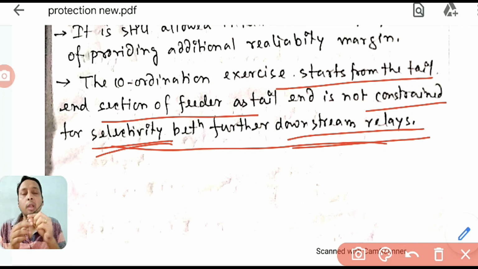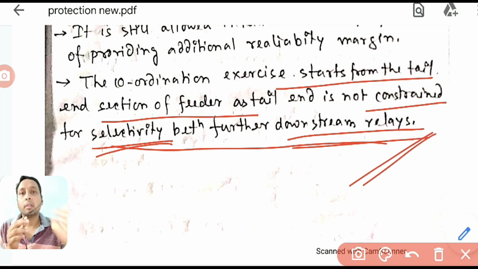This problem we will solve in the next class. I will be doing it by my own hand. Then I will give it to you in the notes. You will see how we proceed step by step. So okay, for now, that's it. We will continue from here in the next class.